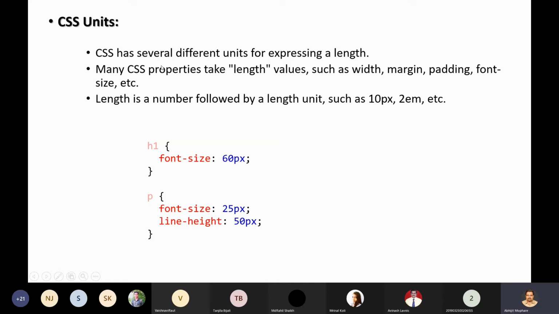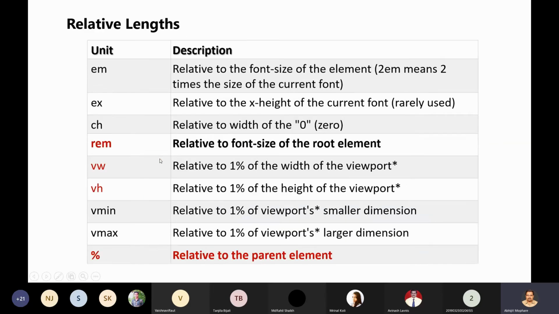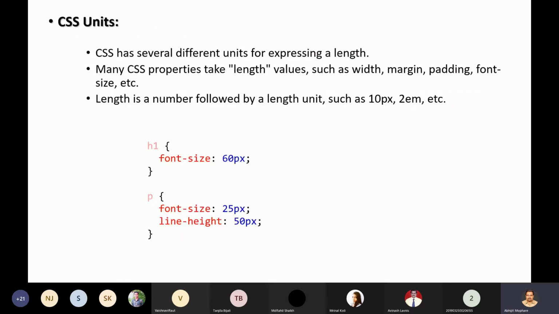So units, as all of us know, the properties that we specify in the CSS rule, like font size, color, they have certain values. Now every value has certain data types. For example, here the font size, you cannot specify anything. You have to give it a proper font size, and normally font size is represented with the help of pixel, rem, em, like that, right?